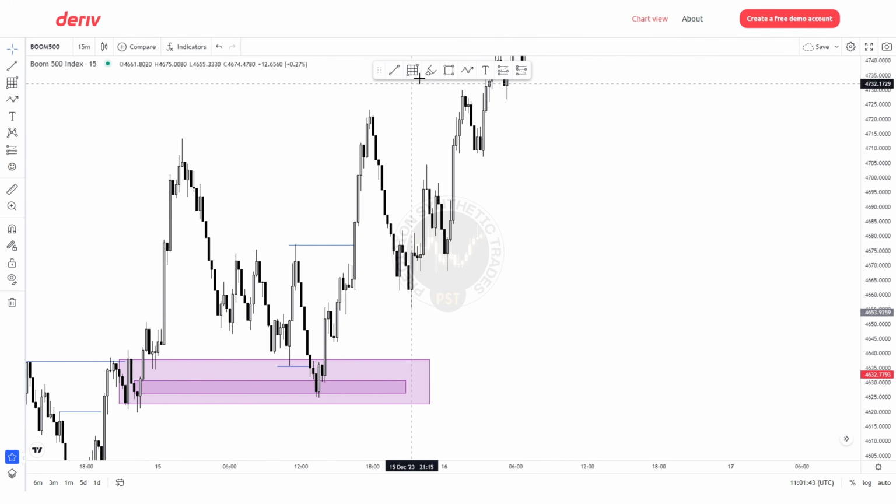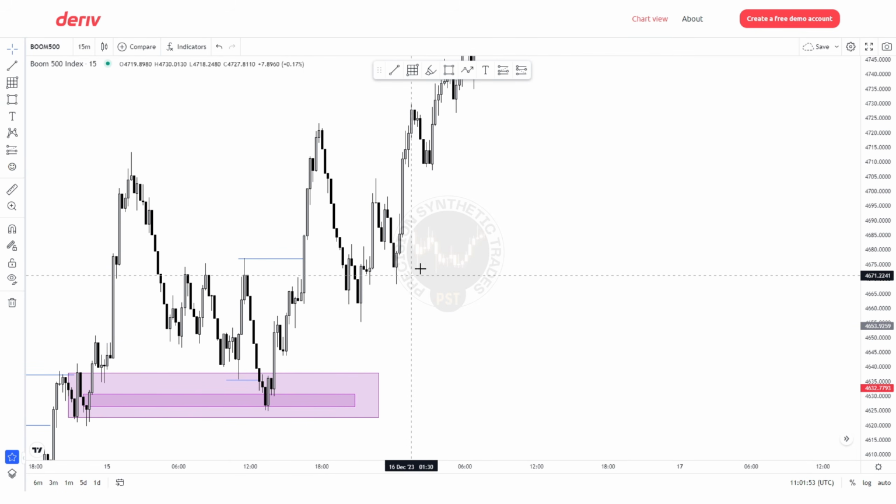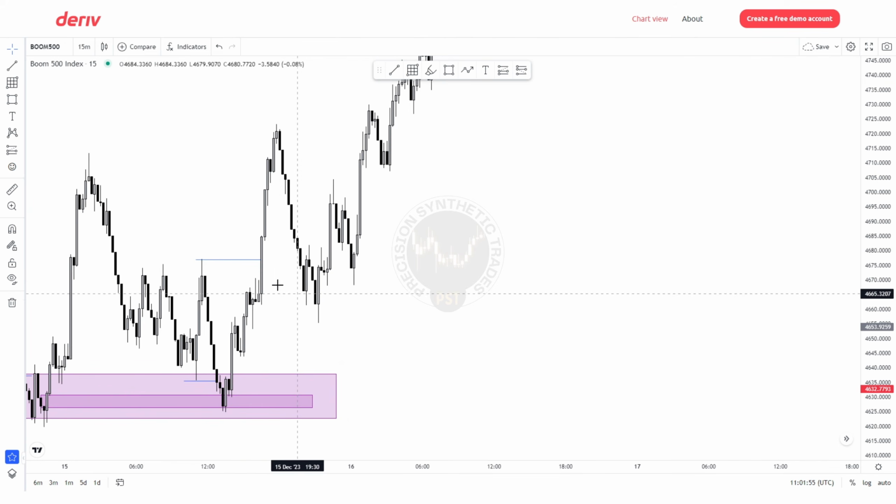What do we have? We have an order block here, and the fair value gap that was filled. Okay, so I won't take that as an entry, because there's no significant entry point for me. Price went up, came down, reacted from the order block. Then again,